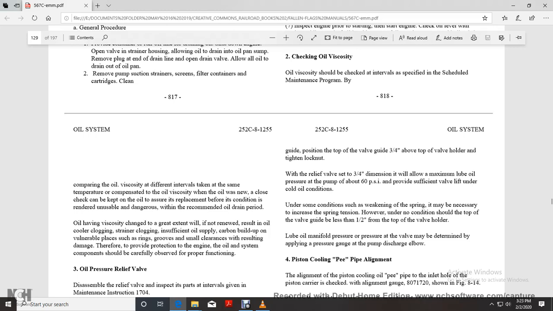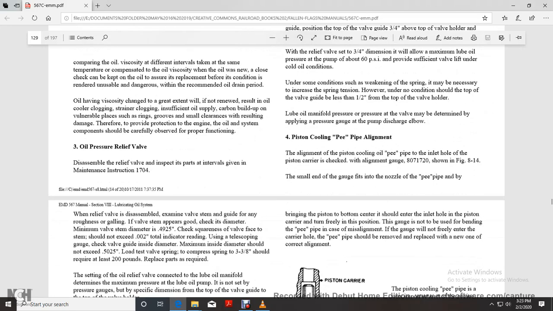When the relief valve is set at the 3/4 inch dimension, it allows a maximum lube oil pump pressure of 60 psi, providing efficient valve lift under cool oil conditions. Under some conditions, a weakened spring may require an increase, but the dimension of the top of the valve should not be less than half an inch from the top of the valve holder. Lube oil manifold pressure with the valve is determined by applying a pressure gauge